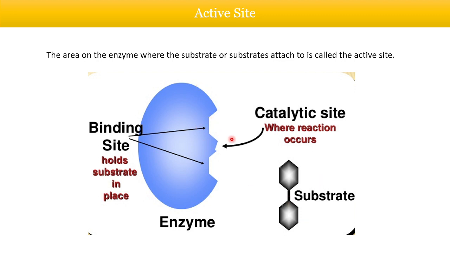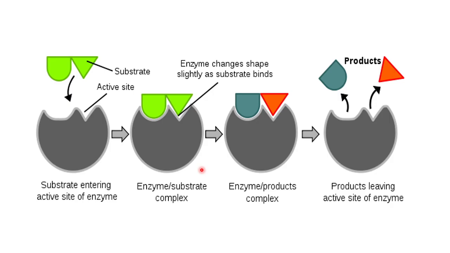So your substrate goes and binds over here. As of now this is your coenzyme, or you can say your holoenzyme. Okay, so something comes and activates it, so we are imagining it to be the active form, and then the substrate goes and binds over here, and this is the site where the reaction as well as the binding is taking place. Okay, now this is your actual enzyme, and the substrate is coming from the top and binding at